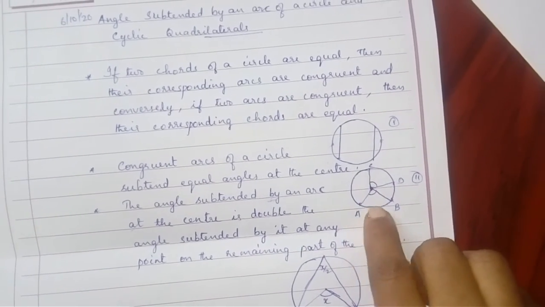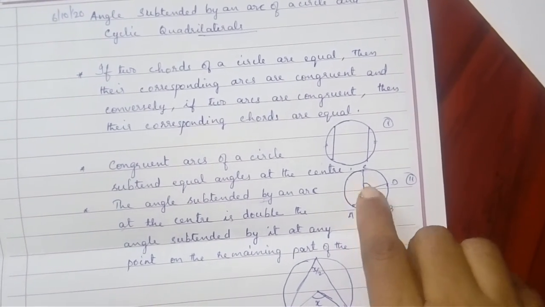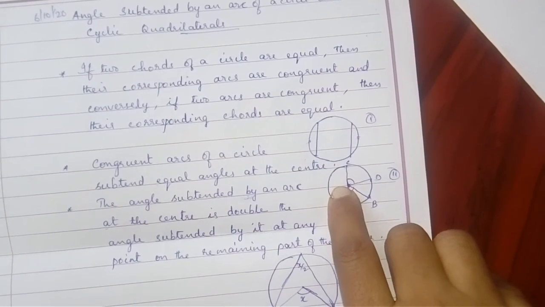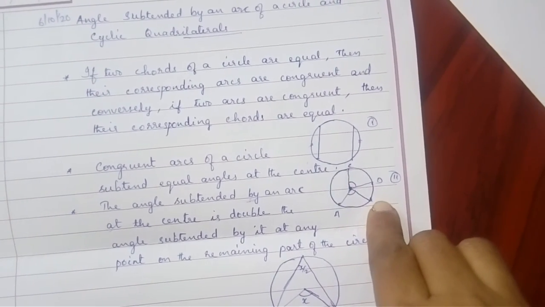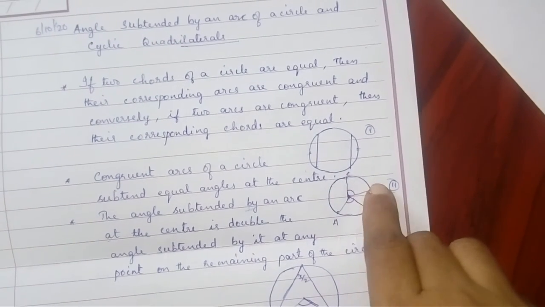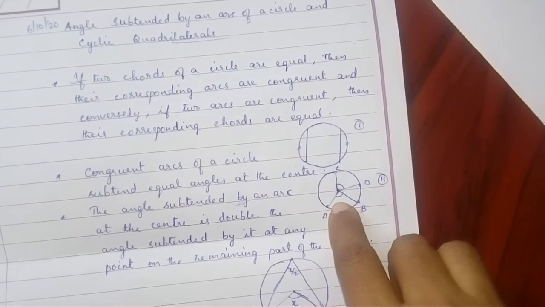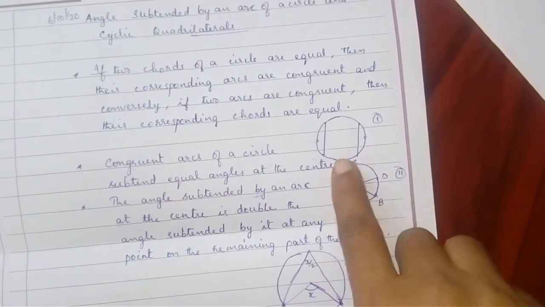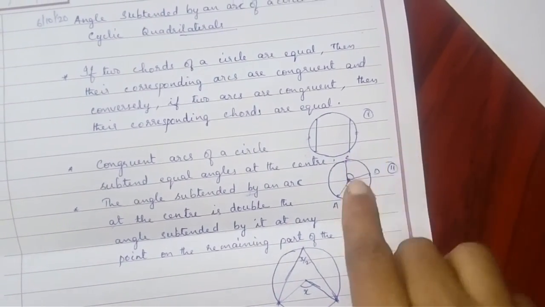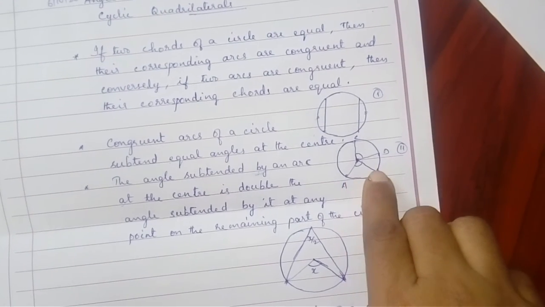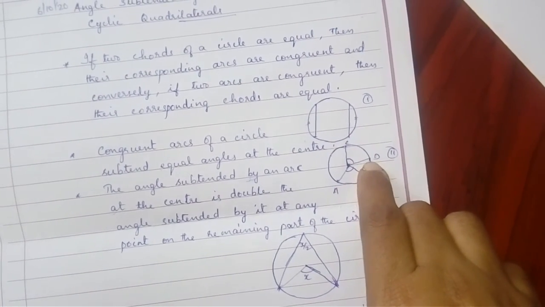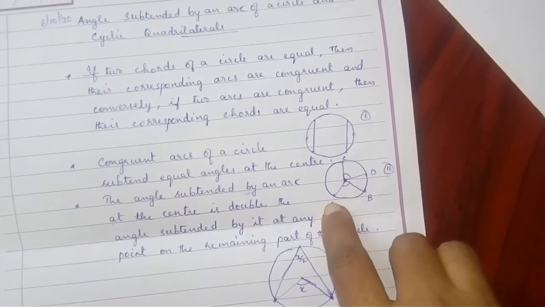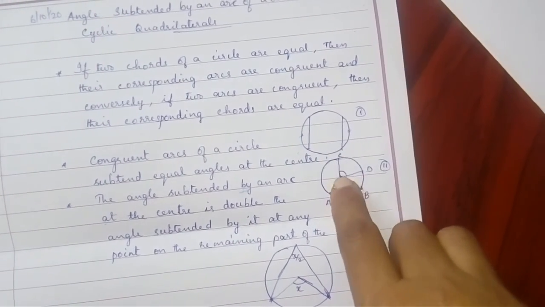Then this arc subtends angle AOB, and the other subtends angle COD, with O as the center. Both these angles will be equal according to this definition. Congruent means equal. So, if arcs AB and CD are congruent, then the angles subtended at the center, angle AOB and angle COD,